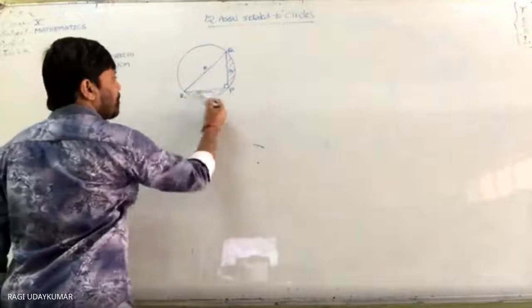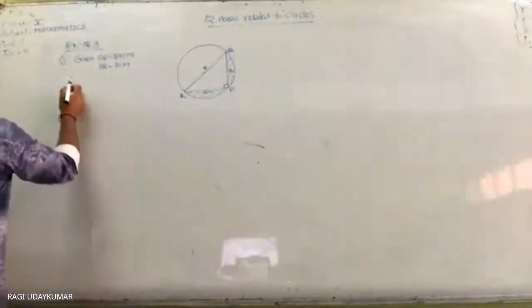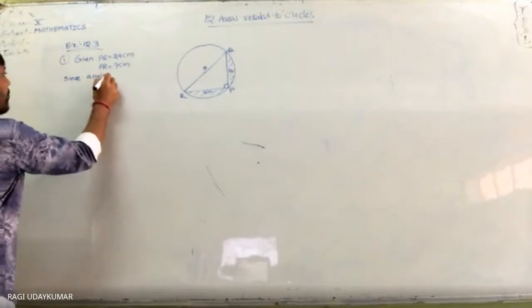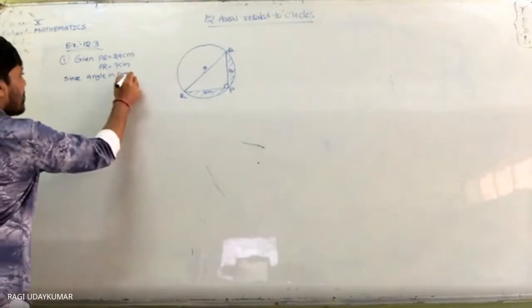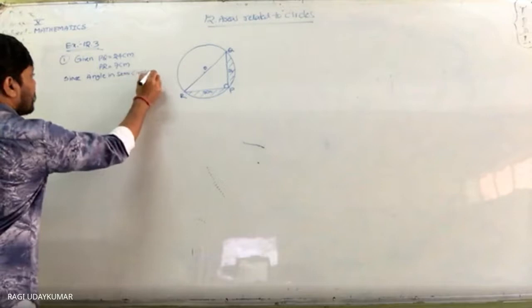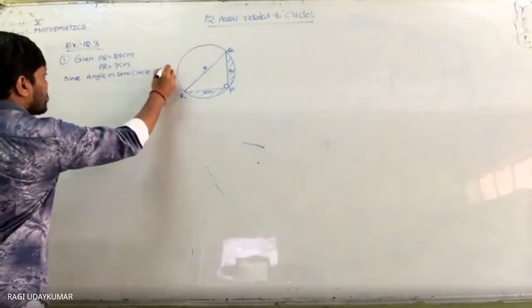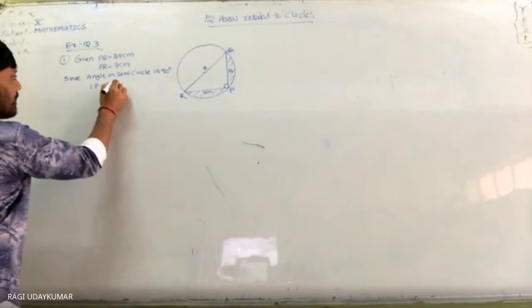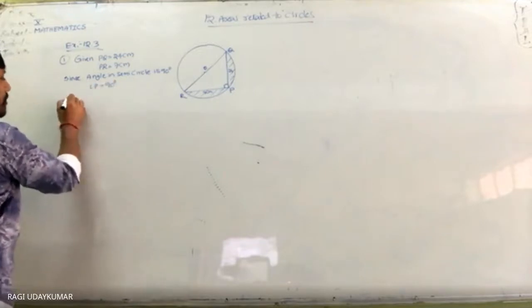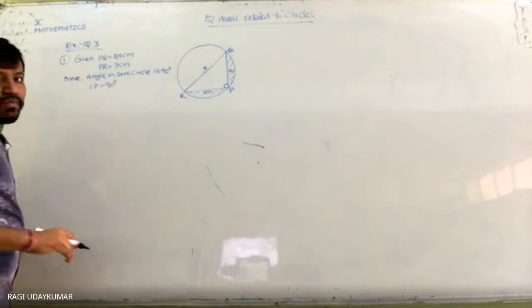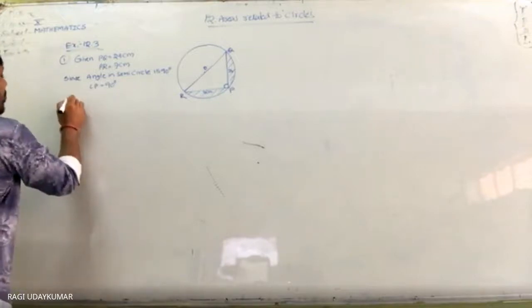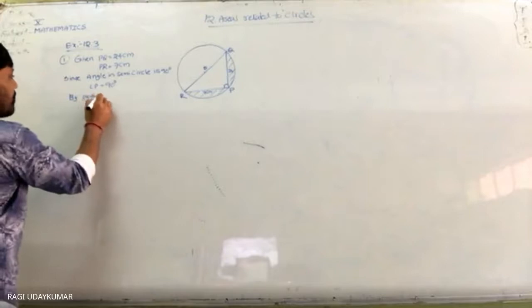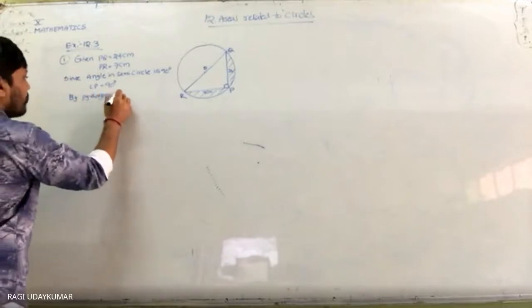This is a right angle triangle, so observe that since the angle in a semicircle is 90 degrees, angle P is equal to 90 degrees. Therefore, by Pythagoras theorem,